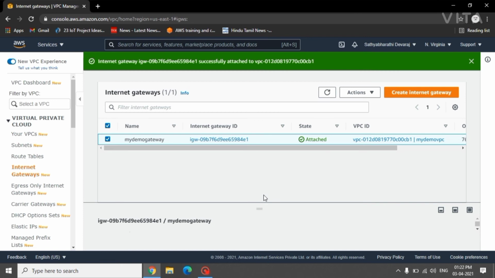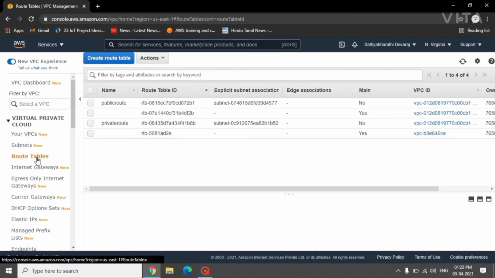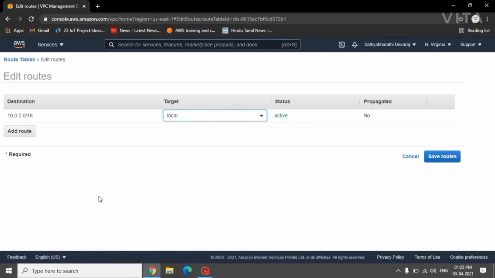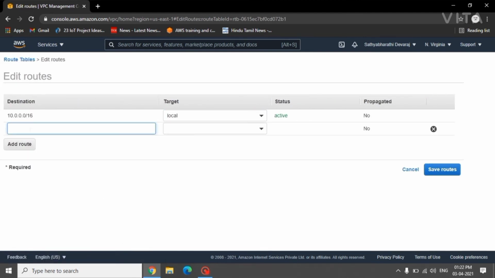So in order to connect to the internet, we need to update the route tables now. So go to route tables. In the public route table, in the routes, give edit routes.